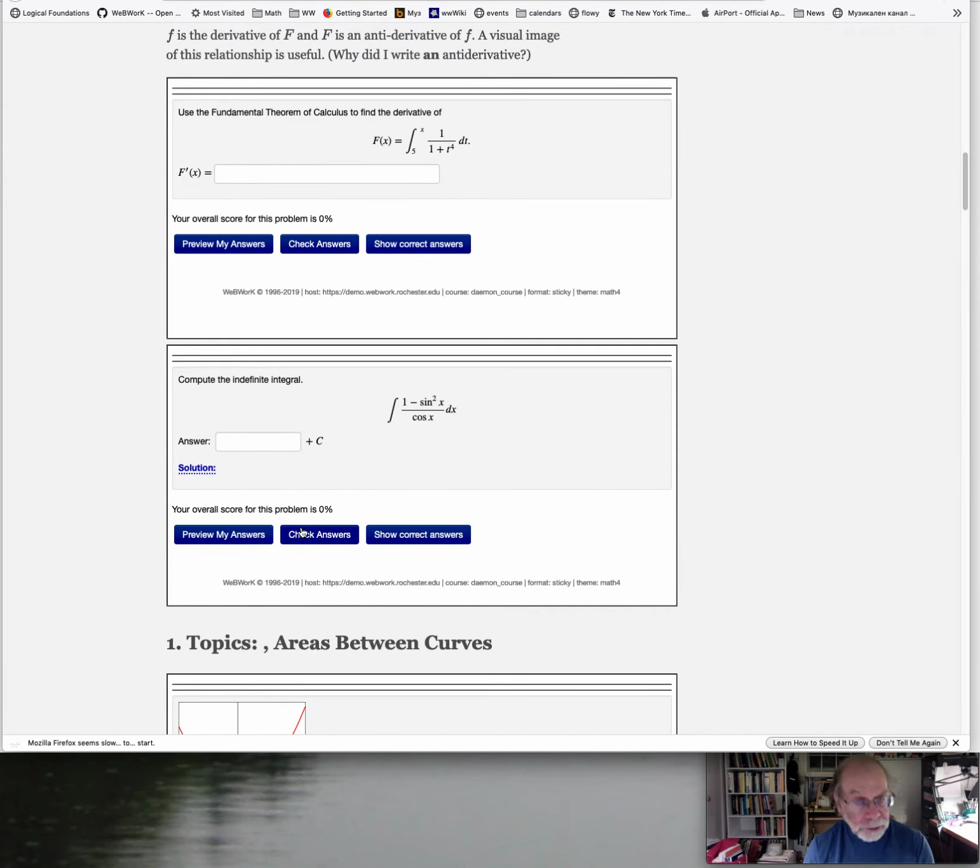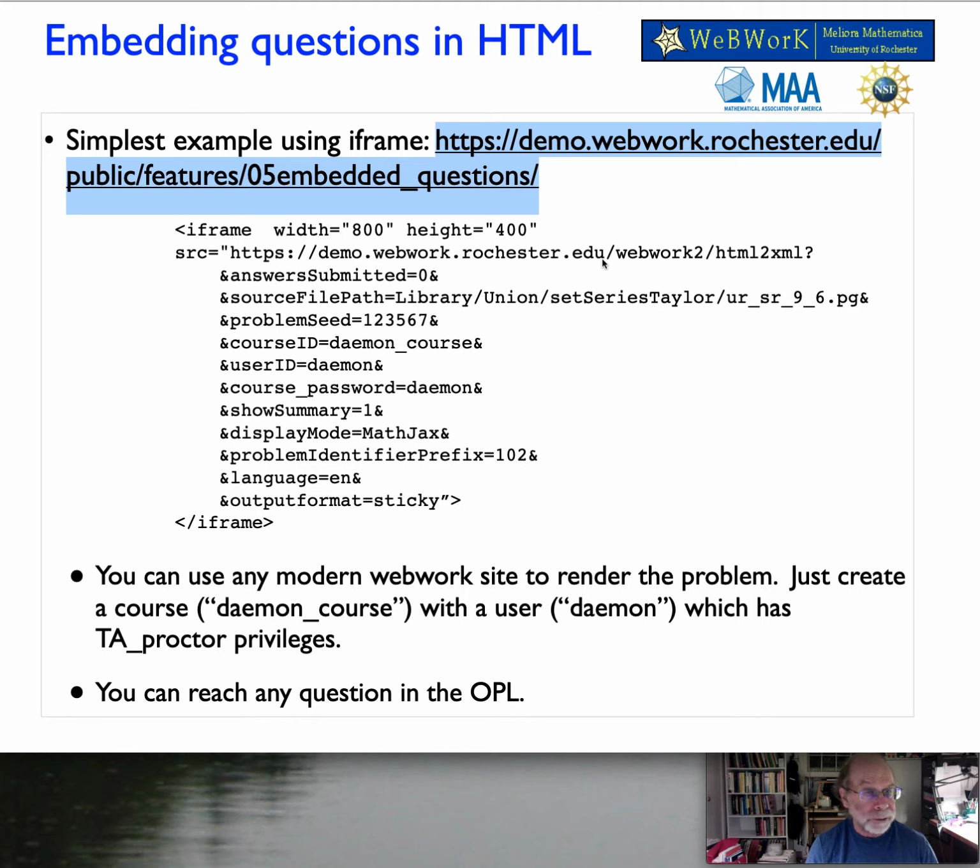So this uses very elementary technology. It's basically just an iframe. You can embed an iframe anywhere in HTML. We are bouncing it, in this case, off my server, demo.webwork.rochester.edu,